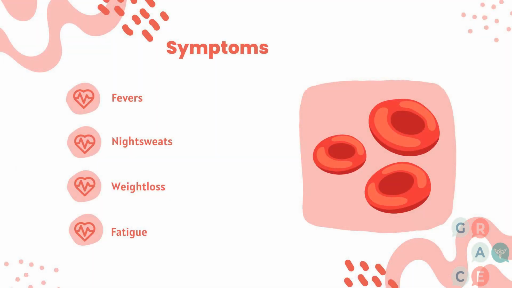I'd like to discuss the role and future sequencing of bispecific antibodies in diffuse large B-cell lymphoma. Diffuse large B-cell lymphoma is the most common B-cell malignancy within the United States. It is the most common B-cell malignancy actually within the US and Western Europe. It is an aggressive disease, typically in a situation where patients will present with B symptoms, which are fevers, night sweats, weight loss, anorexia, or fatigue.